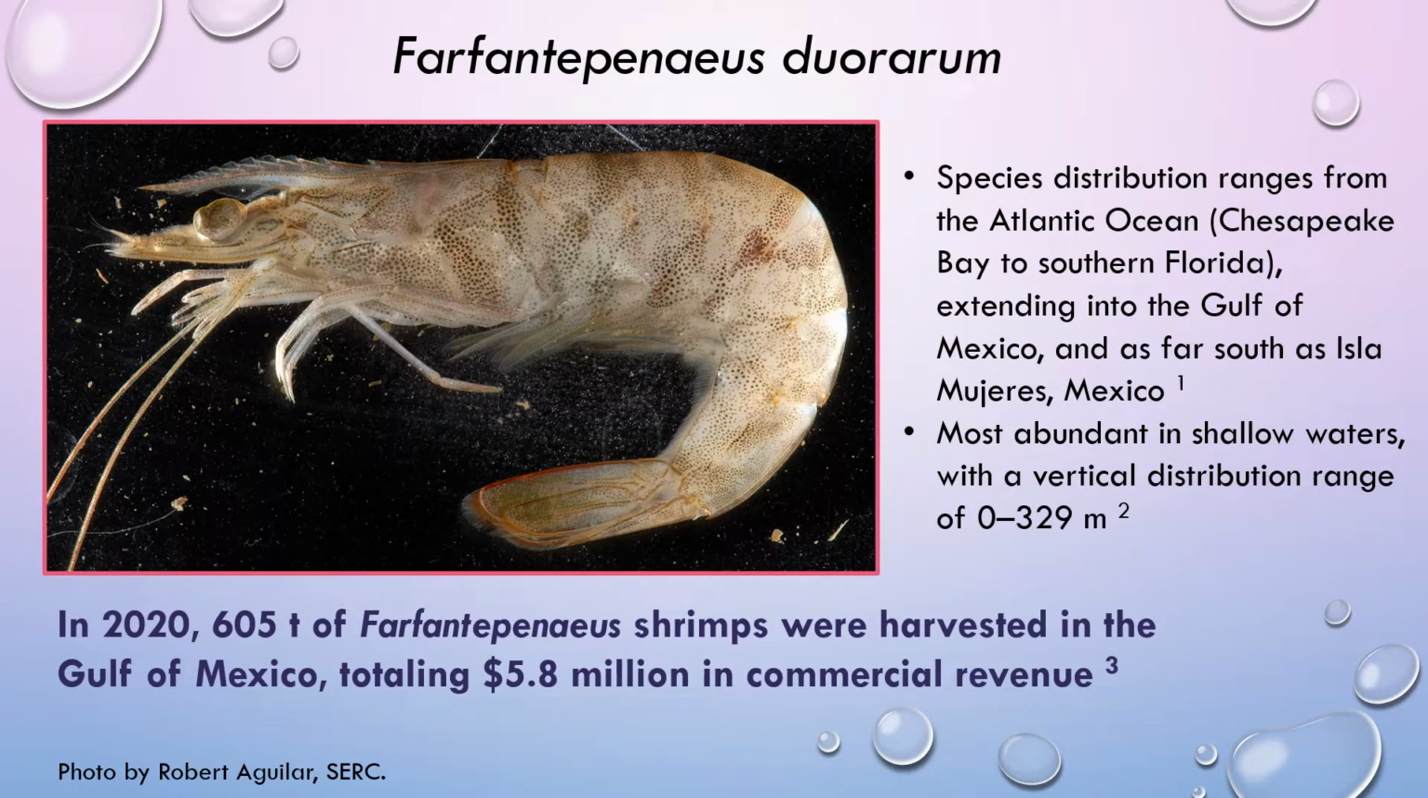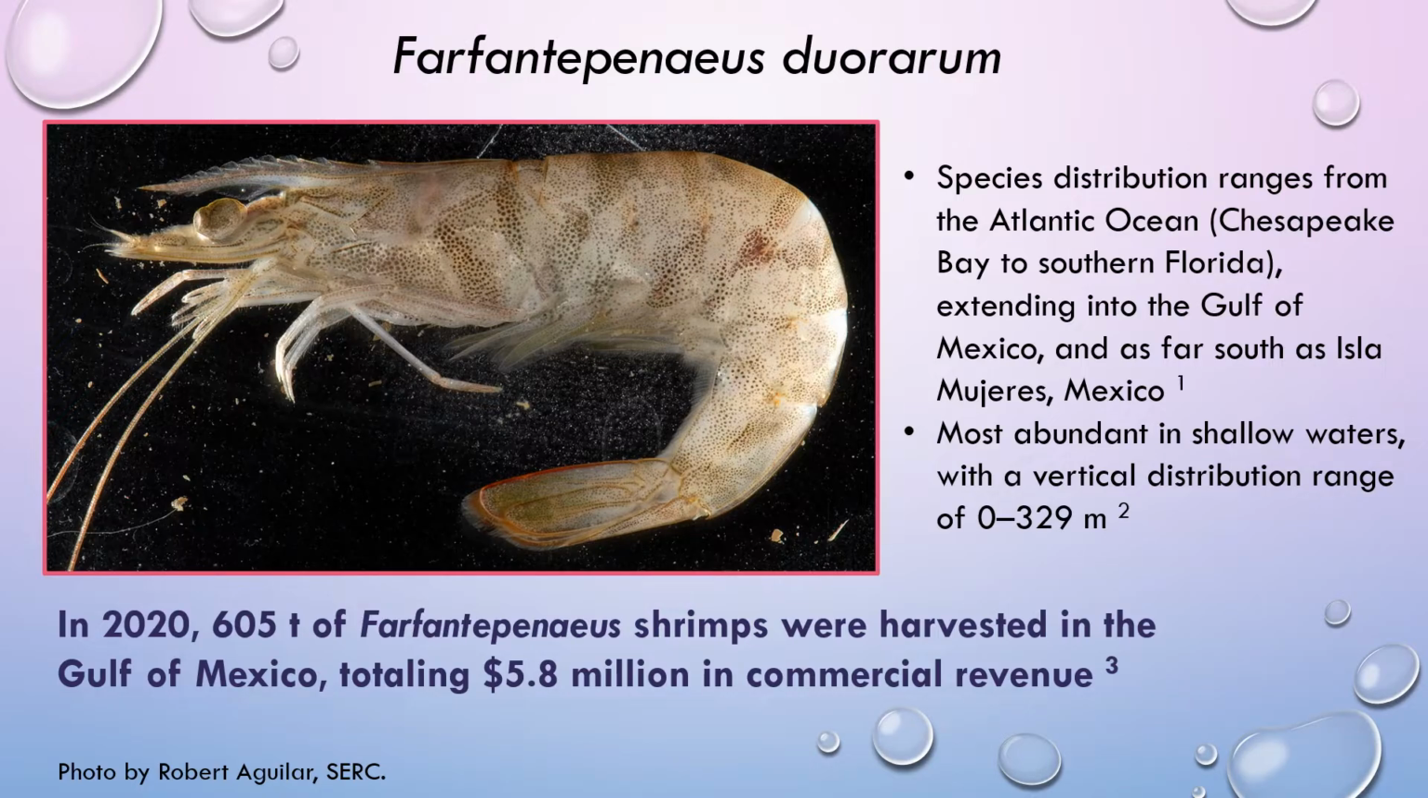Farfantepenaeus duorarum is a commercially harvested penaeid shrimp found in shallow coastal waters. This shrimp is very abundant and is economically relevant as it is heavily targeted for use in bait and seafood consumption. In 2020, over 600 tons of Farfantepenaeus duorarum were collected in the Gulf of Mexico, totaling over $5 million